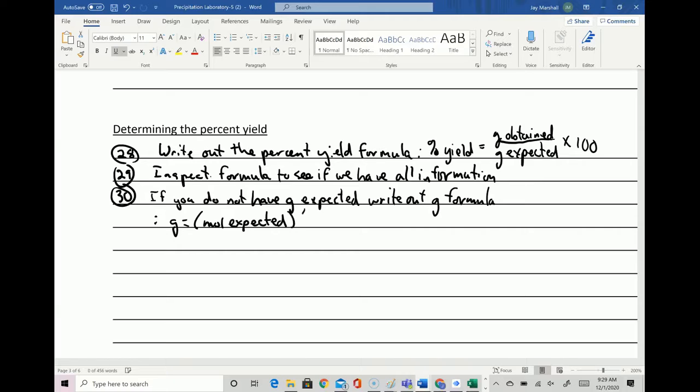So would it be grams expected equals moles expected times? Let's go that far. Grams expected equals moles expected